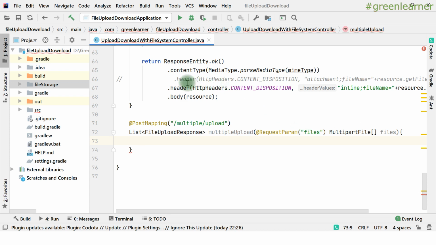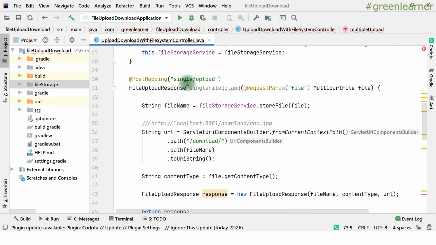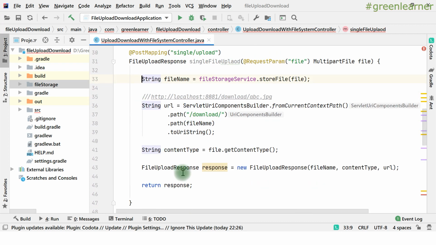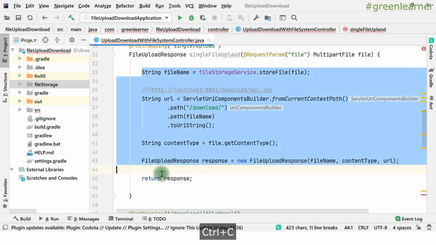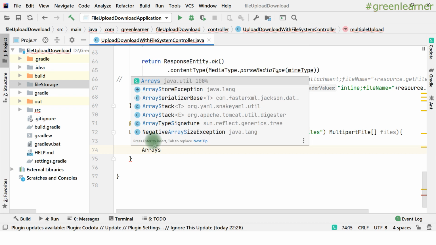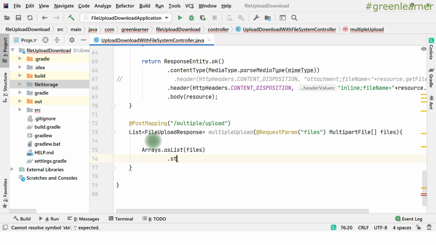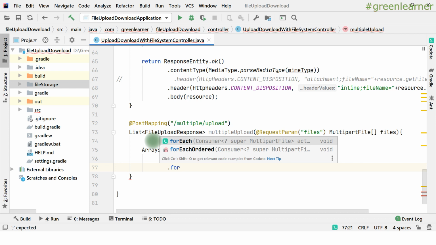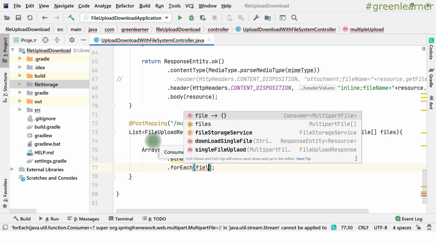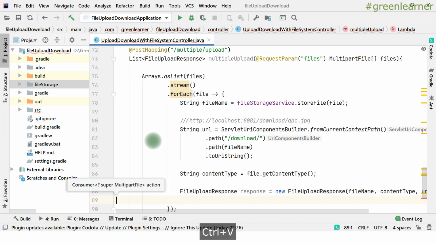If you watched the previous video carefully for the single upload, this is going to be very easy. Let me copy the content from there so that we can relate it properly. This is the exact thing that we need. Earlier we had a single file, but now we have multiple files. So we will iterate through each file and do the same thing that we did with the single file, and we will append the response to get the combined response. So for each file, go here and just copy this content right here.